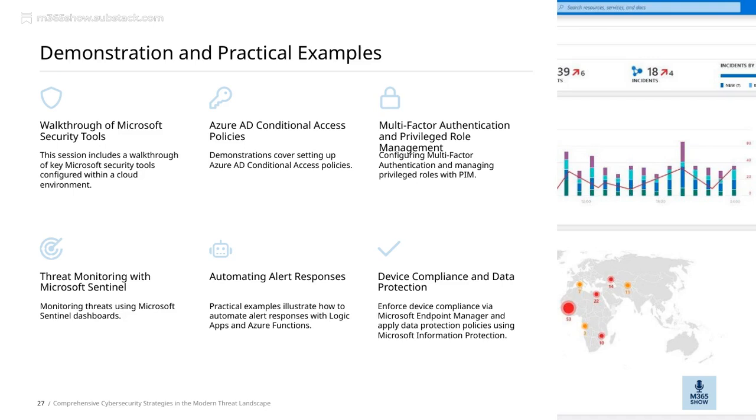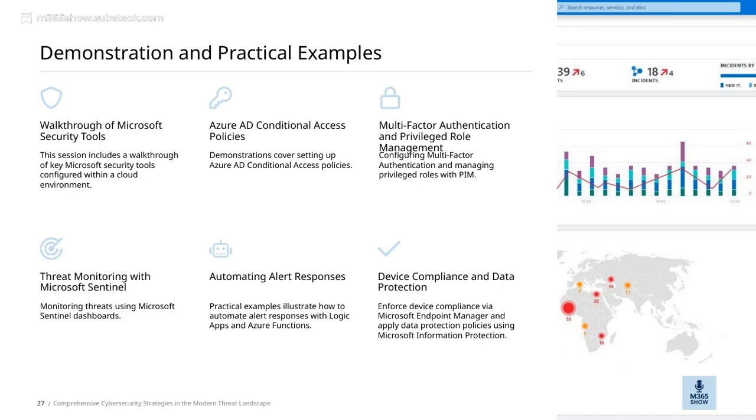Moving on, automation plays a crucial role in our security operations. For instance, with Logic Apps and Azure Functions, we can automate alert responses, allowing us to react swiftly to threats without manual intervention. This helps us reduce response times and increase overall security efficiency. Next, threat monitoring is essential. Microsoft Sentinel dashboards provide us with real-time visibility into potential security threats, giving us the insights needed to act proactively